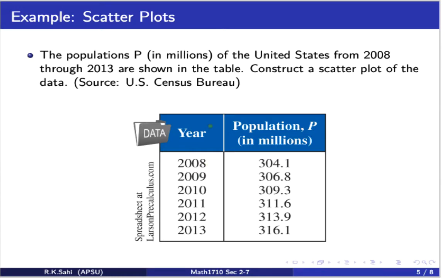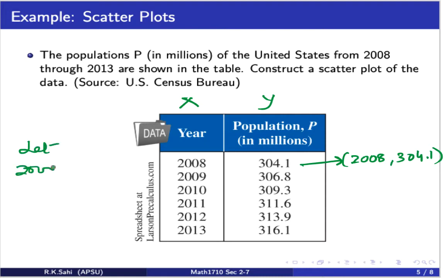Now remember, when we graph this, this is going to represent the x and the y for us, and each of them is a point. So the point here is 2008 and 304.1. But if you want to draw it on the x and y, it becomes very tedious. So what we do is we make our life easier and say, let 2008 equal